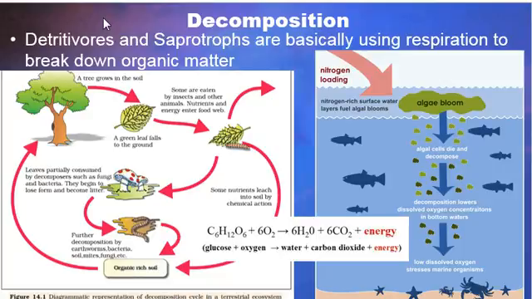So one thing I want you to notice about this process is that respiration takes oxygen. This is going to be important later on when we talk about some of our other cycles. Whenever you have a lot of respiration in an area, it's taking oxygen out of that area. And that's why in those eutrophic lakes that we mentioned, those lakes with too many nutrients, they have these anoxic zones, these zones with very low dissolved oxygen, because that oxygen has been taken away by the process of respiration.